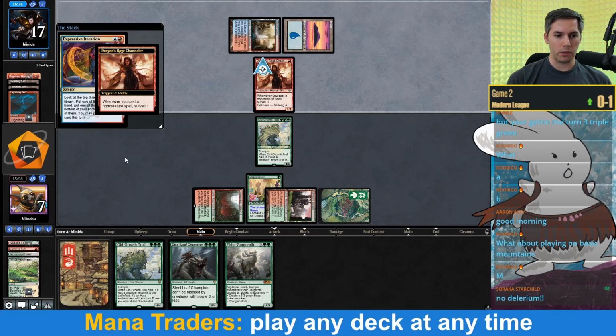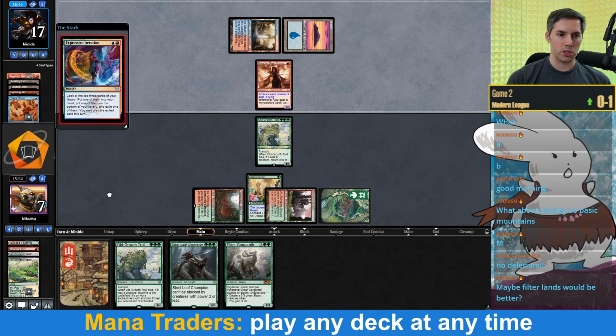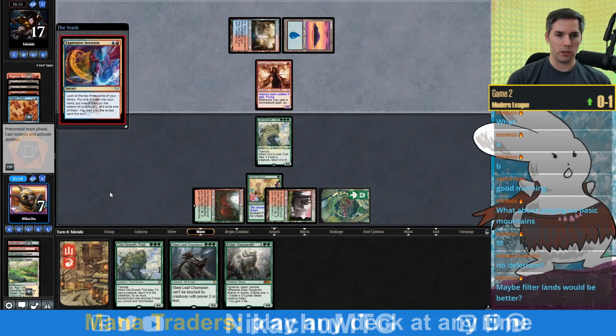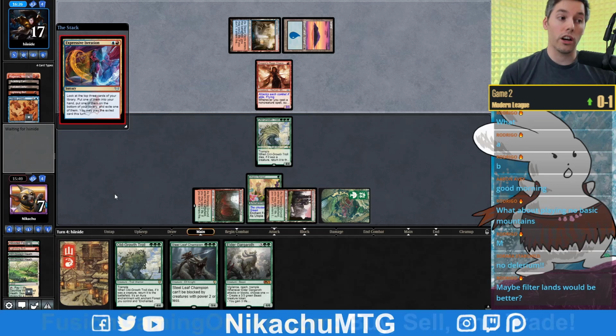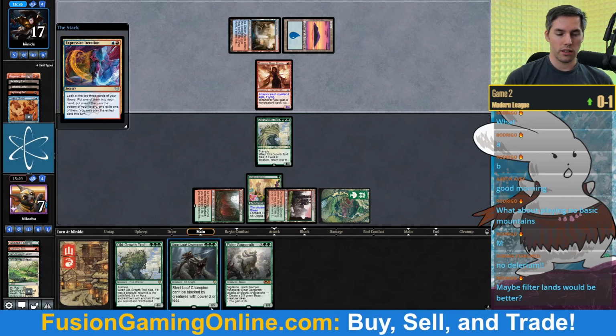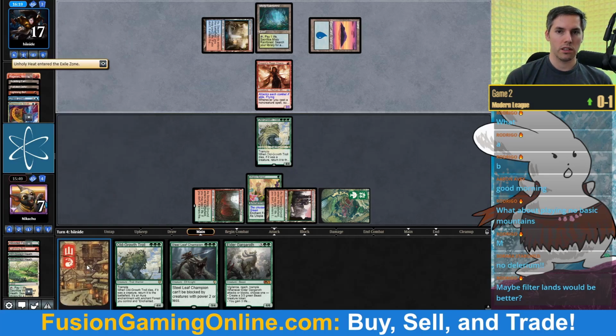What about playing no basic mountains? Then whenever I need to fetch for a mountain to reduce the damage that's dealt to me, it'll cook me. I do want at least 1 basic mountain in this deck. No, filter lands definitely wouldn't be better. There's not a lot of room to change the mana base. I don't know if I have 2 mountains or 1 mountain. And I do need an X number of mountain spells so that I can...